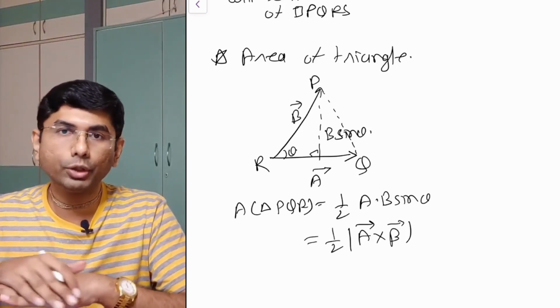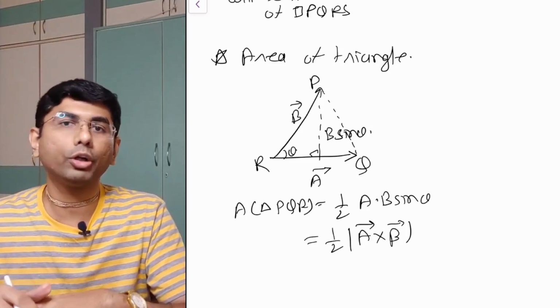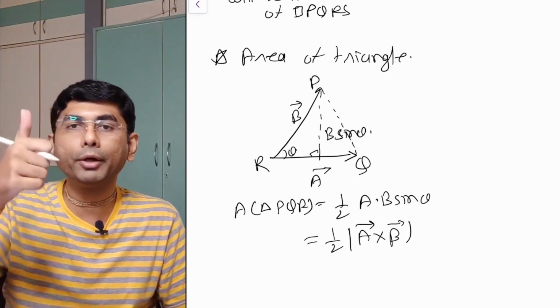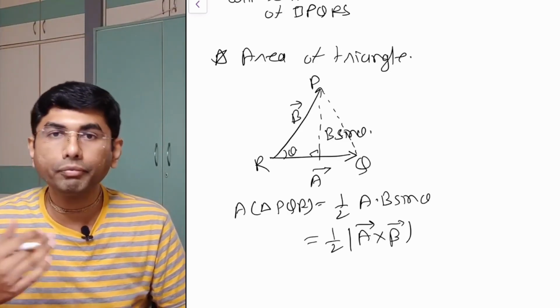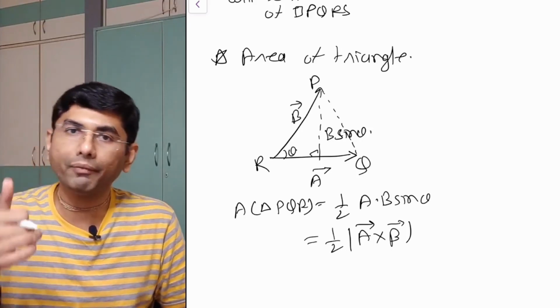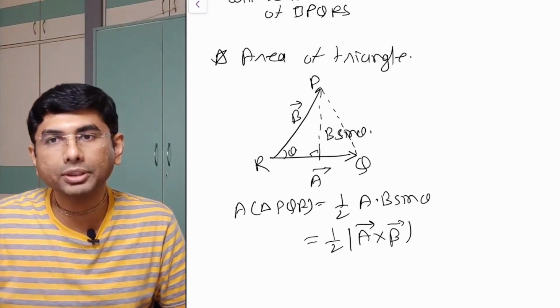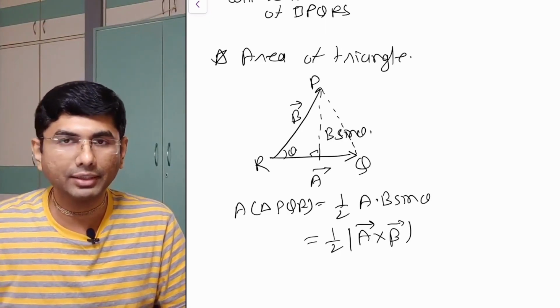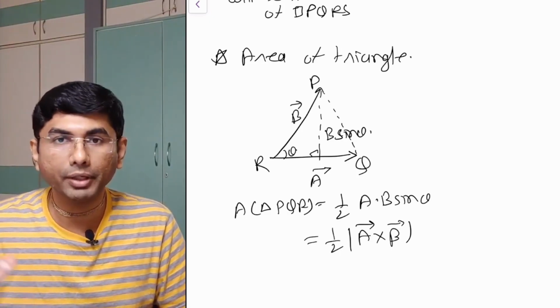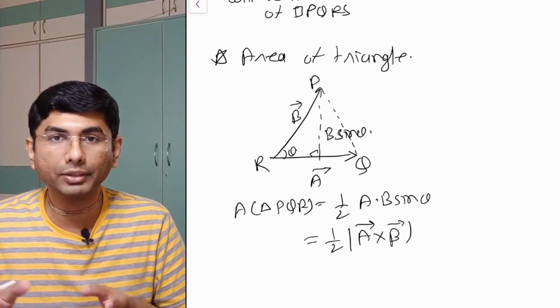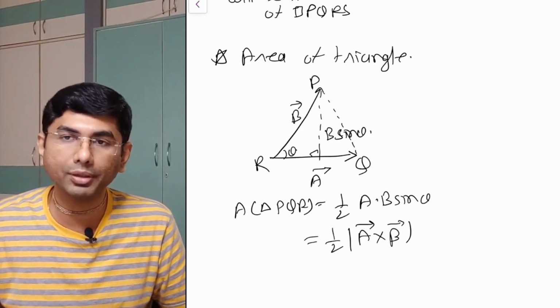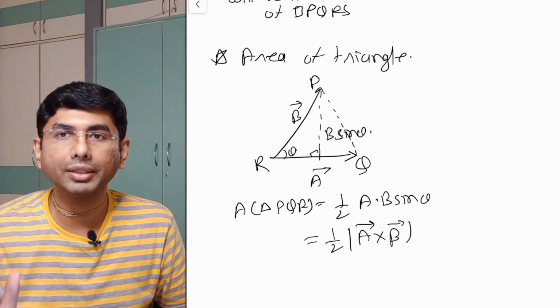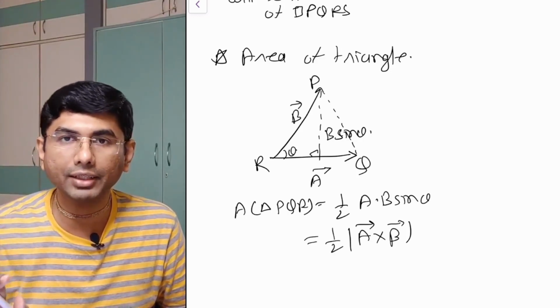If the diagram is drawn on the paper, the area vector will be perpendicular to the paper. It depends on which direction. It can be in either direction, upward or downward, because this is an open surface. We will see this in detail in later chapters, when it will be required, maybe during flux, when we will be understanding the flux of the closed surface and the open surface. But just remember one thing, area vector is a vector.